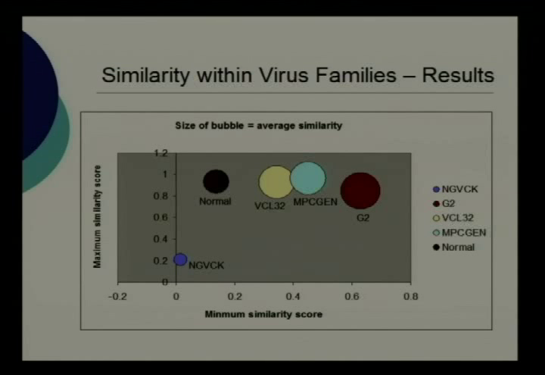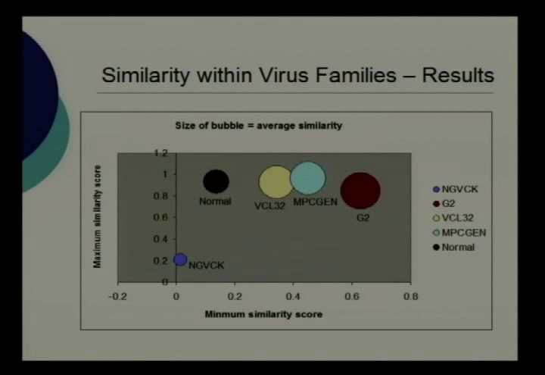Here we use a bubble graph to represent the outcome. We plot the minimum similarity score that we obtain among all the comparisons along the x-axis, the maximum score along the y-axis, and the bubble size represents the average similarity score of that particular generator. If a generator is effective, meaning that the variants it generates actually look different, we would expect to see a bubble that is very small and very close to the origin, because the minimum, maximum, and average should be small for effective metamorphism.